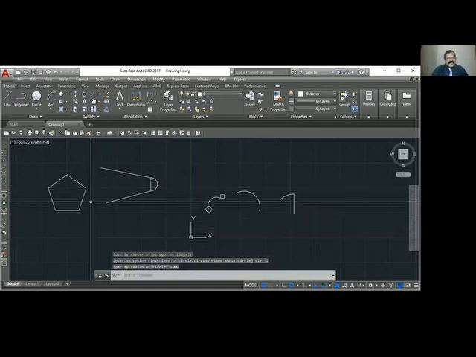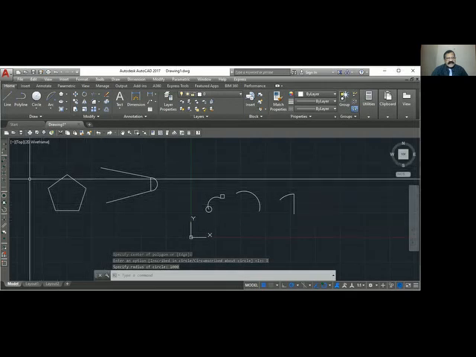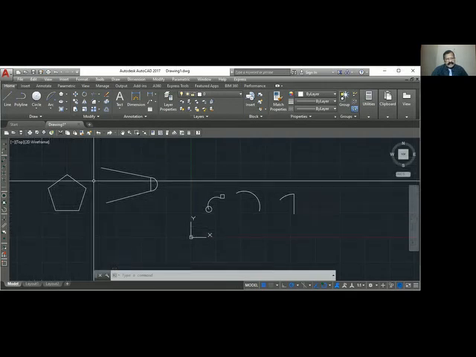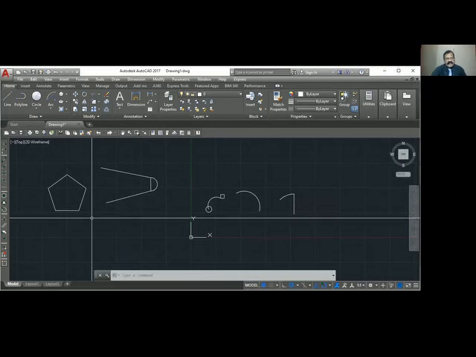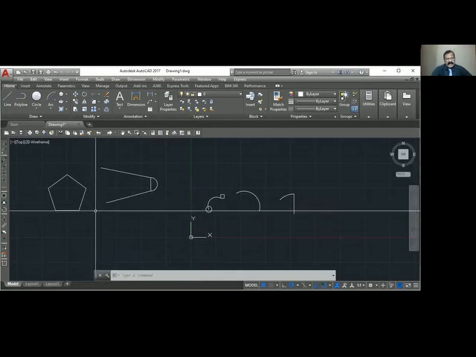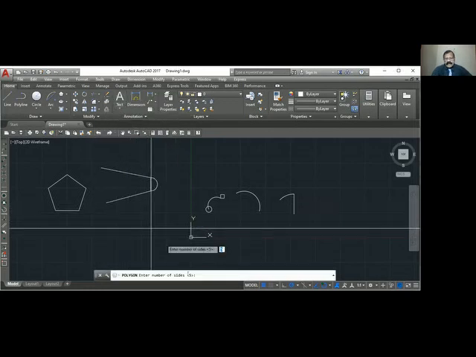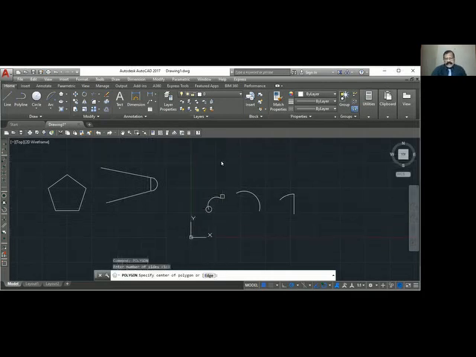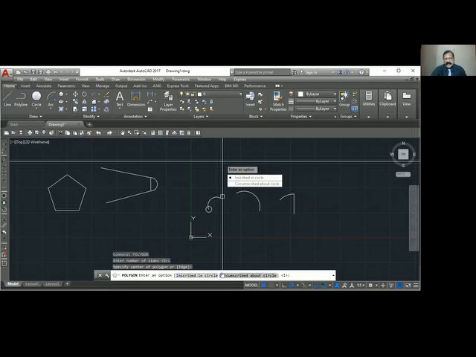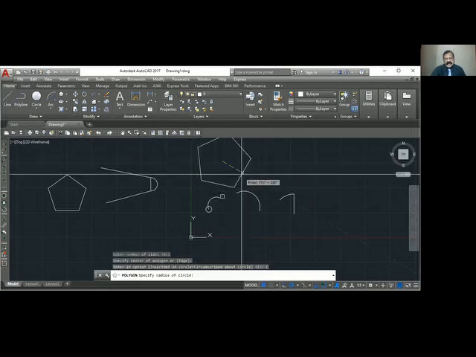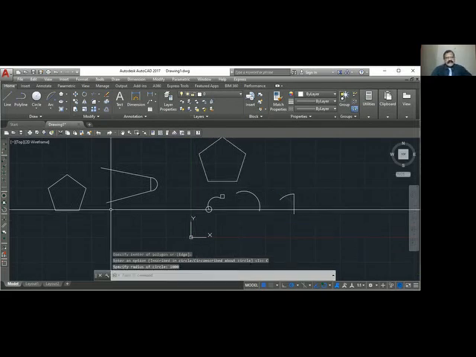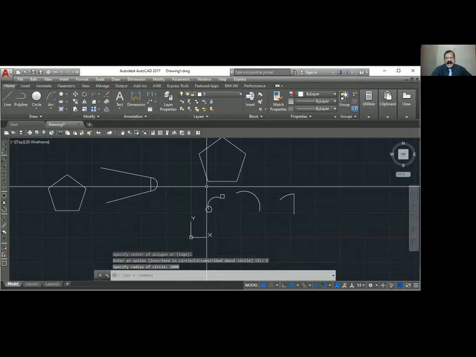So what it has done is, it has drawn the polygon inside the circle with the radius 1000. That is inscribed. Inscribed means we will be showing the radius of the circle, and the polygon is drawn inside the circle. Again, polygon, 5 sides, enter, center point. In this case, now we'll use circumscribed. Again, I will show the radius 1000. It is a little bigger because this is drawn outside the circle.